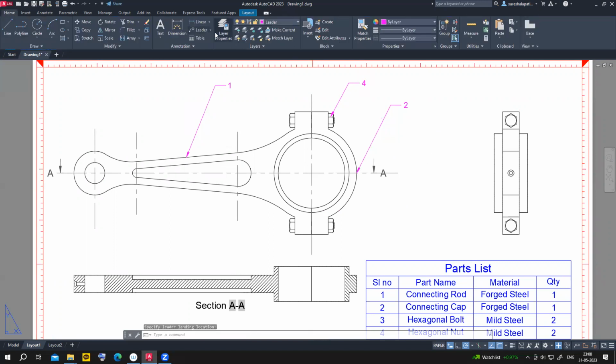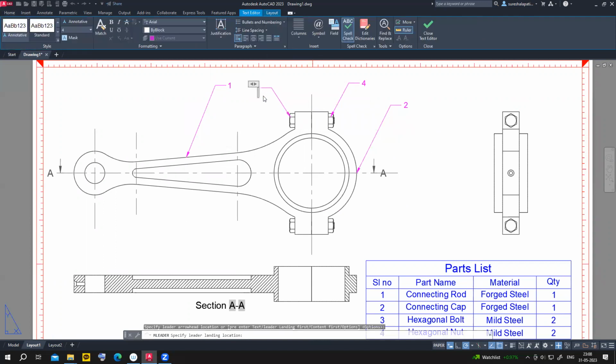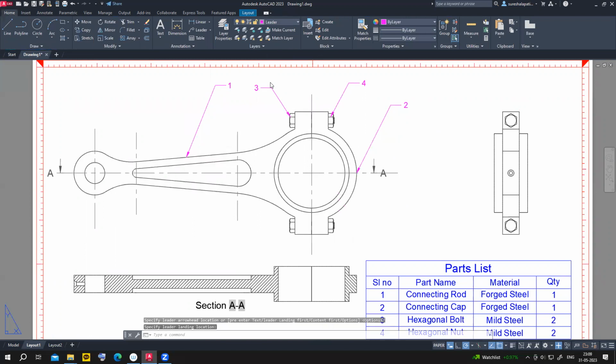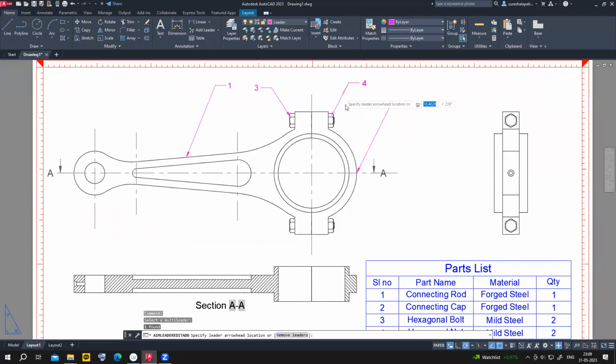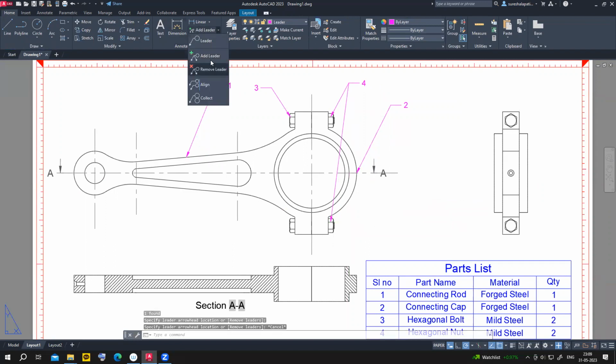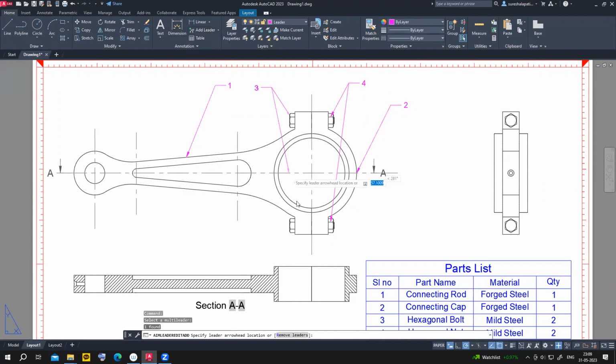So fourth part, and one more little line here. So that one is the third part, hexagonal nut. Okay, hexagonal bolt. And yeah, we should add a leader, right? This, there are two bolts, right? So two bolts, and so there are two nuts, add leader. Okay,